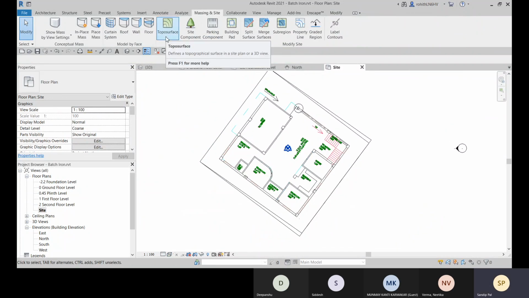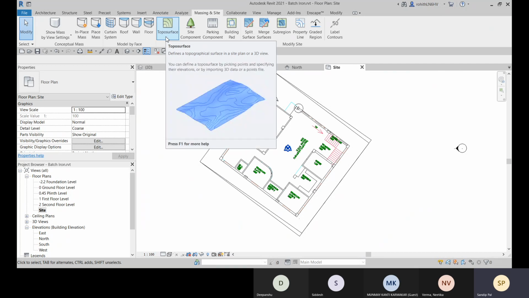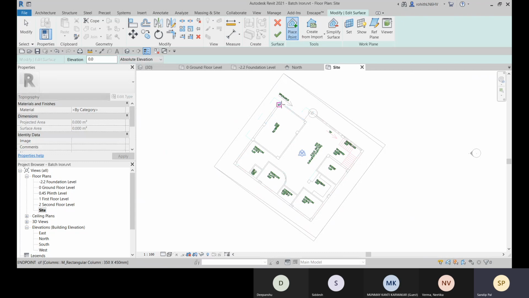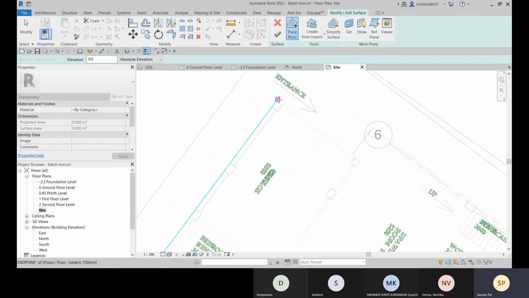And here you need to create that topo surface again. All right. So go for this topo surface.